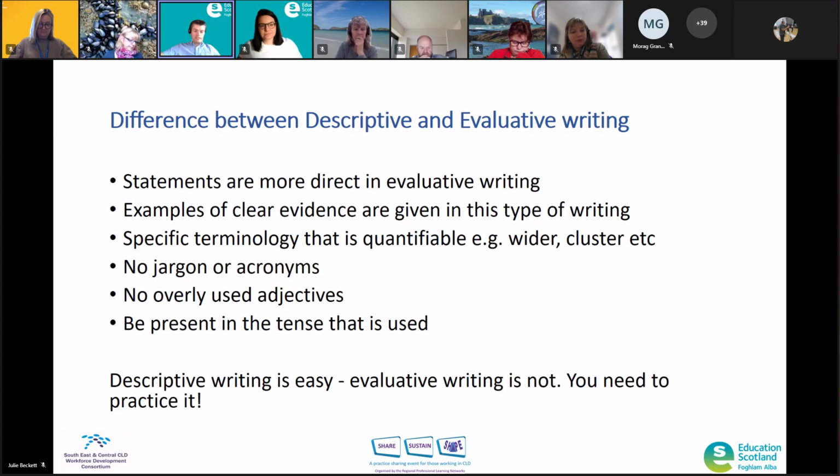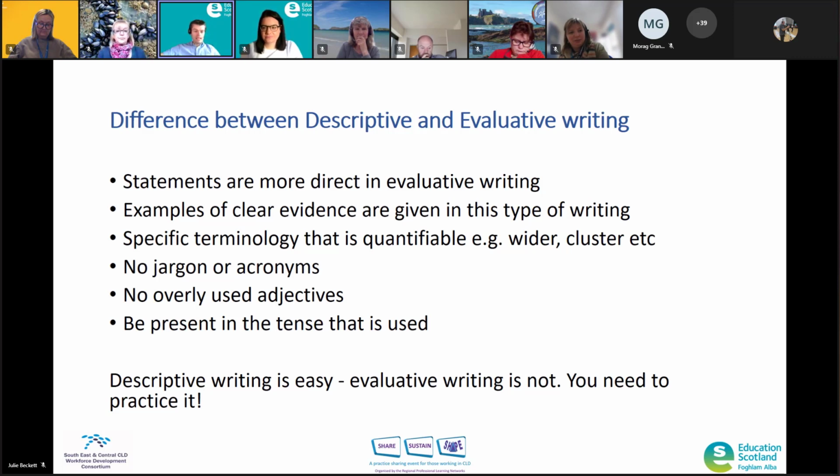In a world of like CLD and local authorities, etc., there's a lot of acronyms that get thrown about, but elements like this make a statement sound more confusing, often taking the reader away from what your impact is because they're spending a lot of time trying to figure out what the acronym is. And no overly used adjectives. For example, if I said the incredibly organised and technically detailed, contrasting, useful slide, kind of overwhelms you, a lot of words there, compared to just useful slide. You can see the difference there, and something that's short or concise that uses one single adjective there and highlights the impact more than using lots of adjectives.